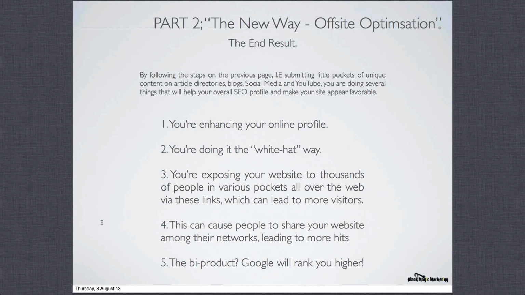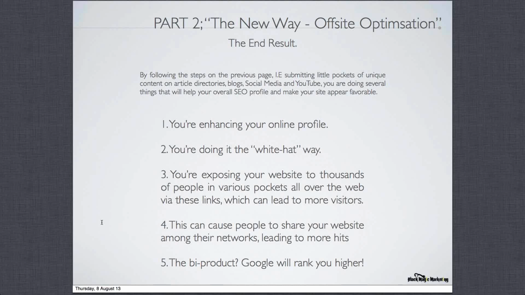White hat means that it's not done by bots. It's not done in an underhanded way, just putting out really crappy, thin content to try and boost your profile. You're actually putting out good content. You're giving something to the online community. That's the white hat way. And it's the best way to safely improve your rankings and also appeal to people that are looking for things in your niche.